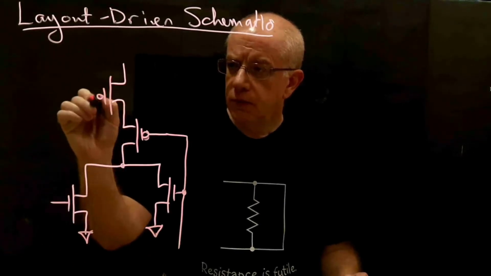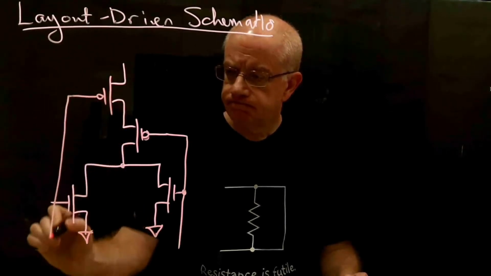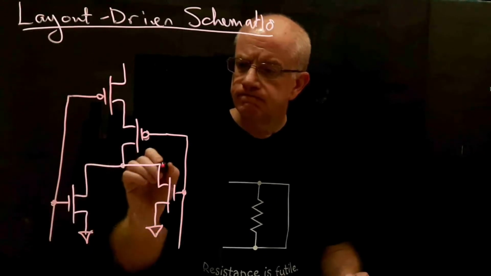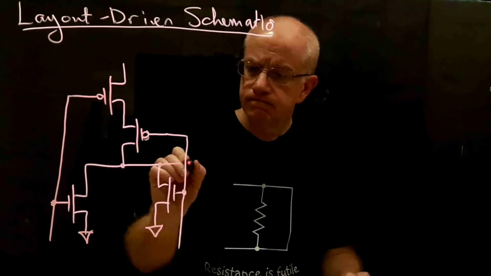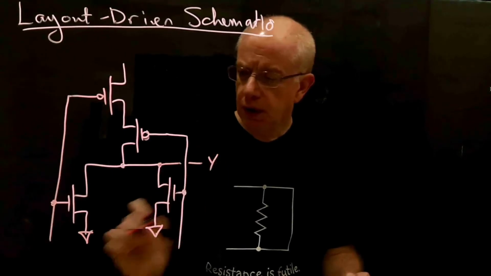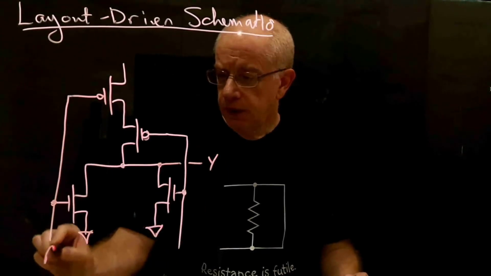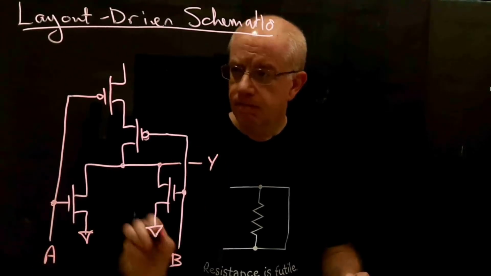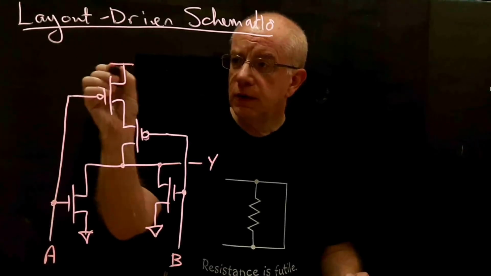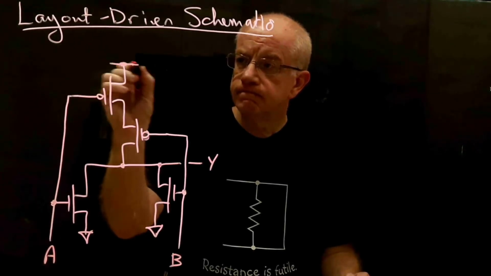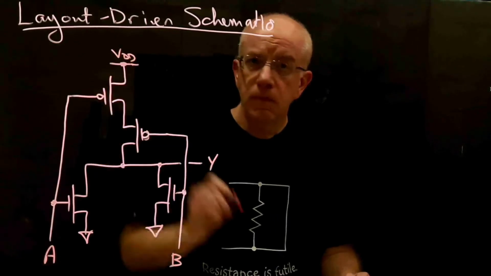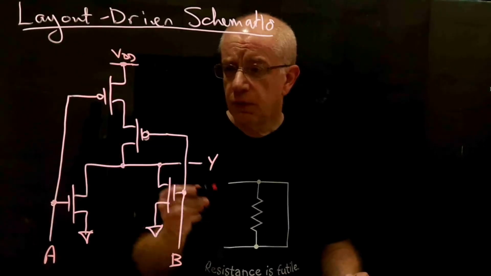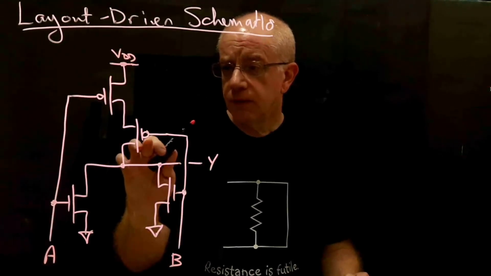And a bubble on this one. And this will be our output Y. We have two inputs here, A and B. And then we've got our VDD connection up here. And so this is the way we would typically draw a schematic for a circuit like a two-input